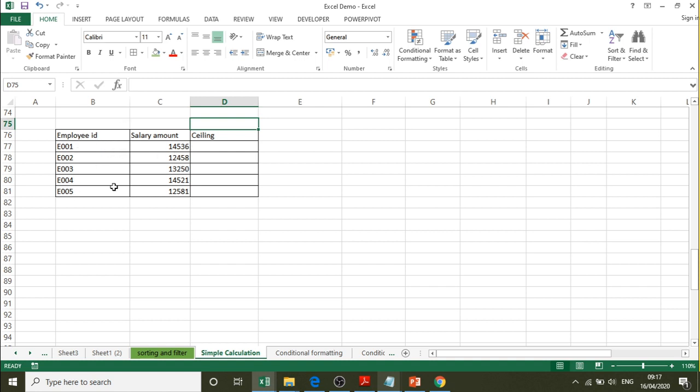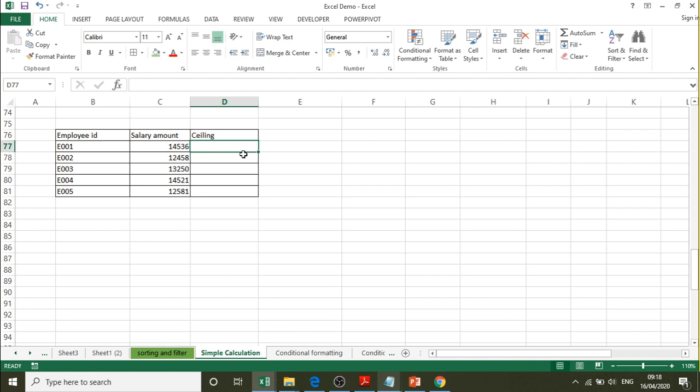I will take up this example. We are having employee ID, salary amount, and a column for doing the calculation, that is for CEILING. For example, here we can see the salary amount is 14,536, 12,458 or 13,250, 14,521, 12,581, something like this.